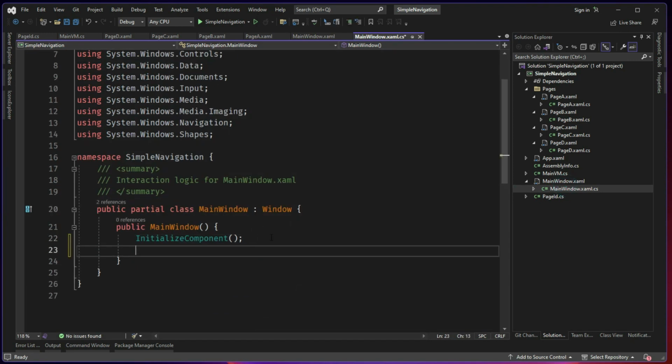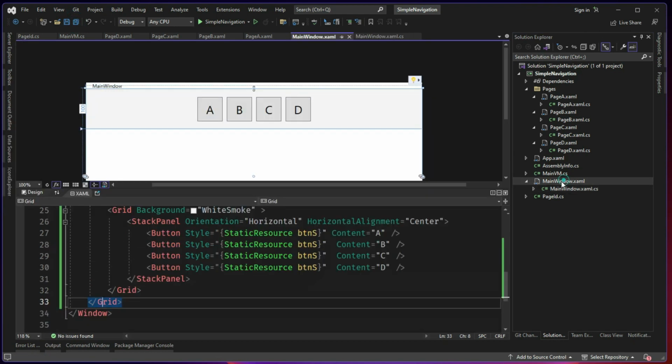Again, there is more than one way to associate a view model with the view. The simplest approach is to go directly to the constructor and add it: this.DataContext = new MainVM(). So I'm assigning a new one, which means whenever you restart the window, a new one is assigned. That's cool. So now we have associated the view model with the view, and the next step is we need